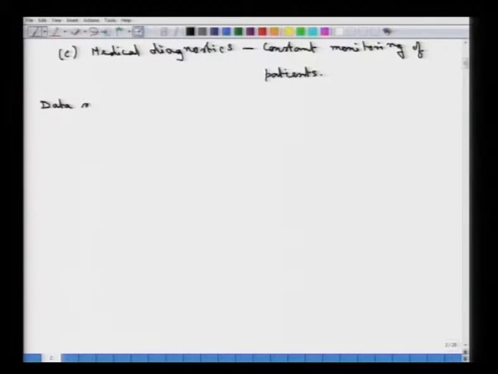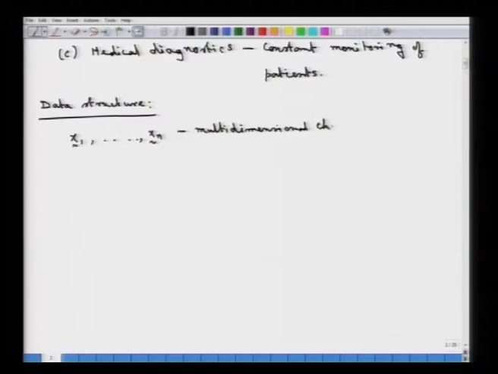Now, what is the data structure in such a situation? The data structure when we are looking at such a problem is the following: we have x1 vector, all are multidimensional vectors, x1, x2, up to xn. These are multidimensional characteristic vectors. Now, these x1, x2, xn,